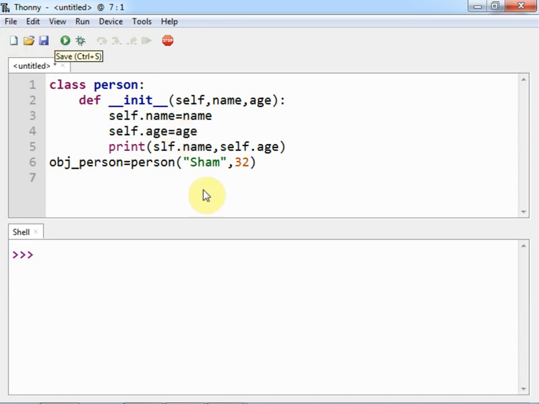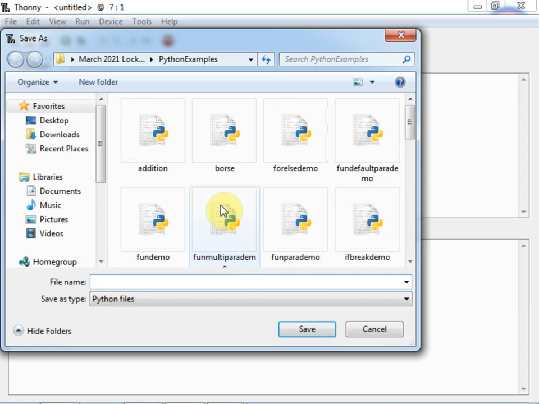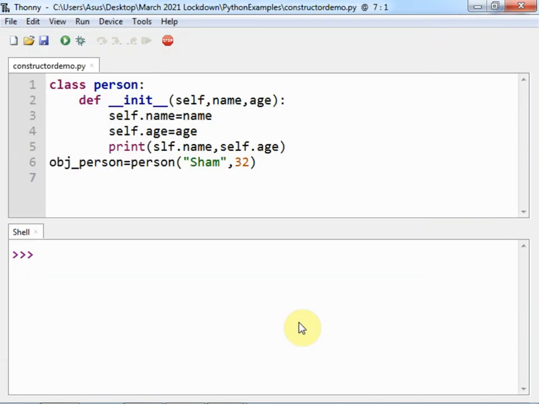Before that I need to save it. Yes, the output is Sham and 32.